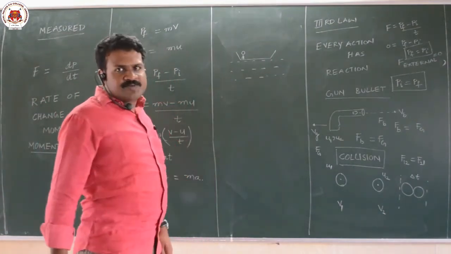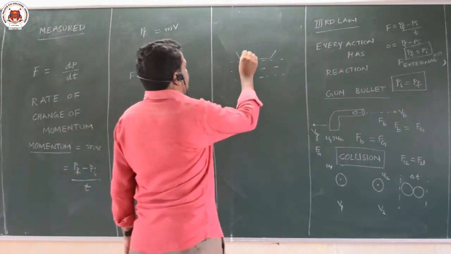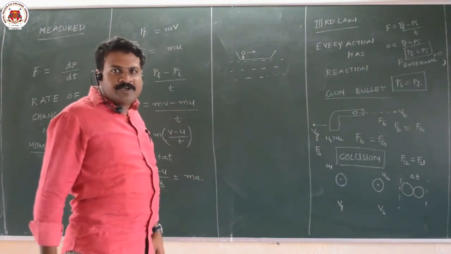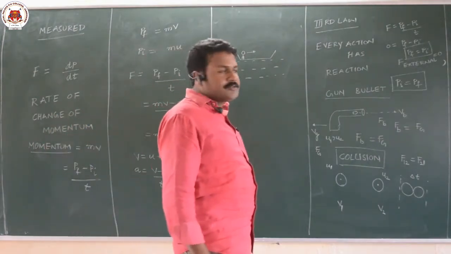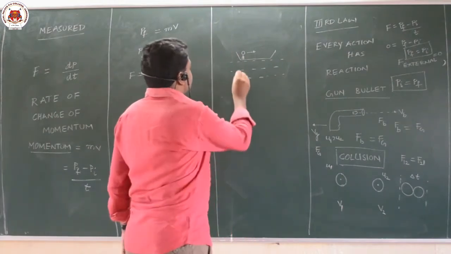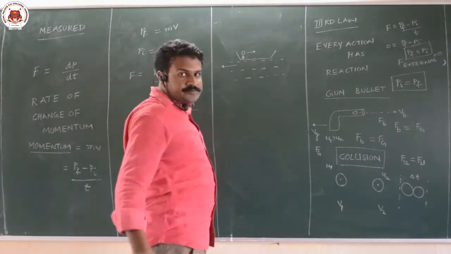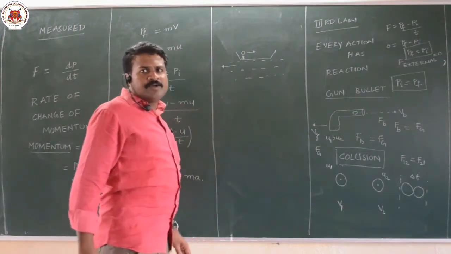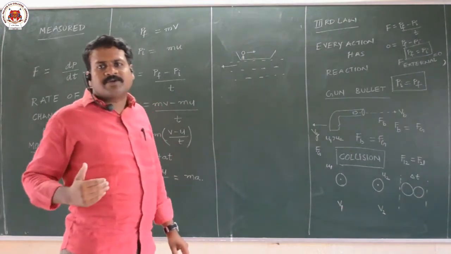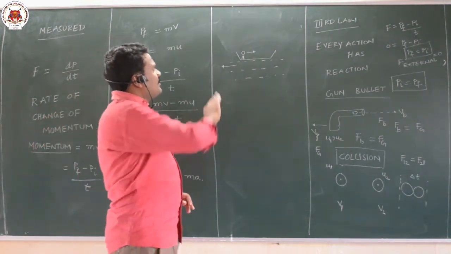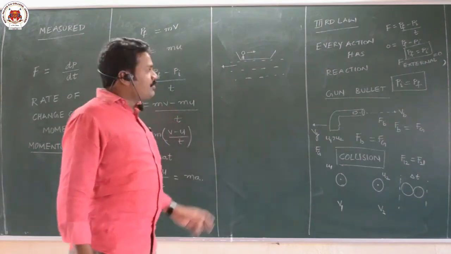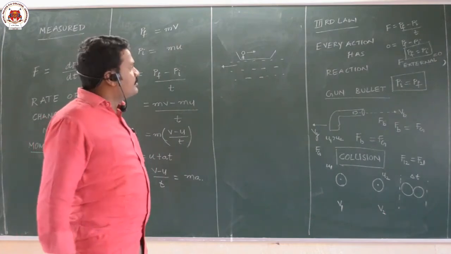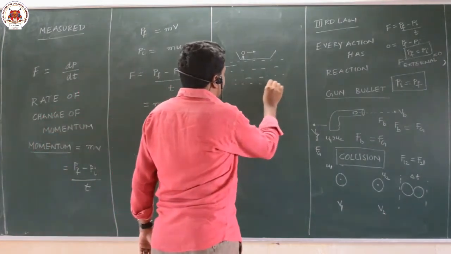Now what happens? This person moves forward. If you observe, you can take this as one example. If a person moves forward, the boat with the person moves backward. The boat is moving back. One is action, the other is reaction. Person moves forward, system moves backward. One we take as action, the other we take as reaction. Both are acting in opposite directions. So this is another example for Newton's third law.